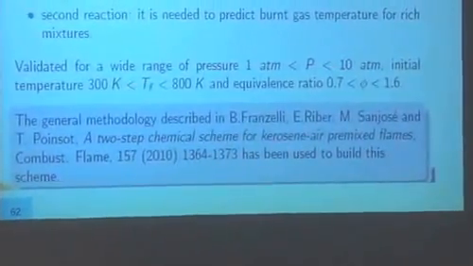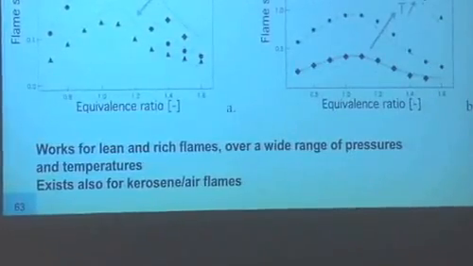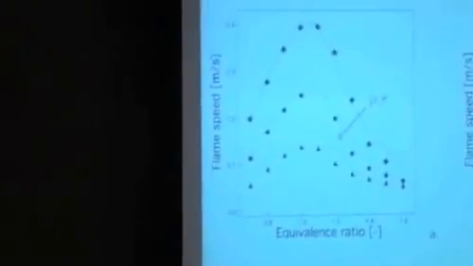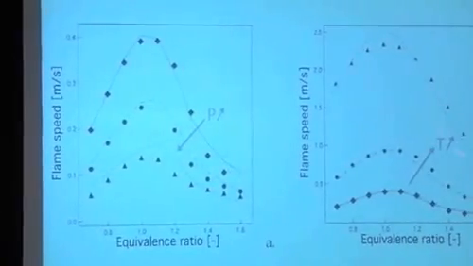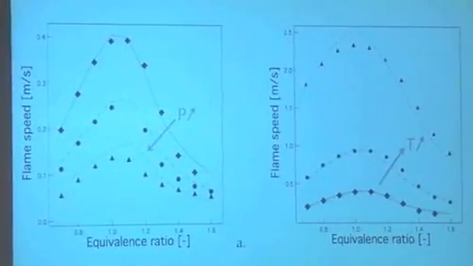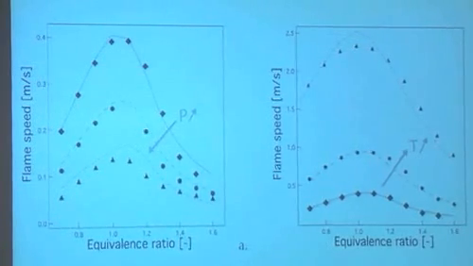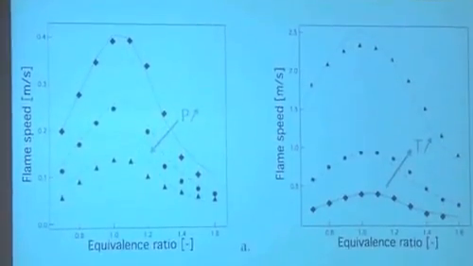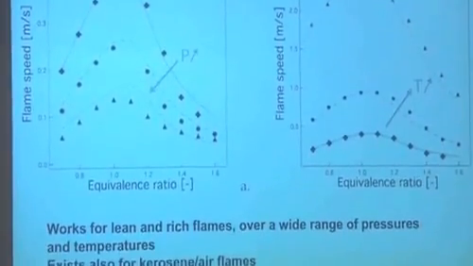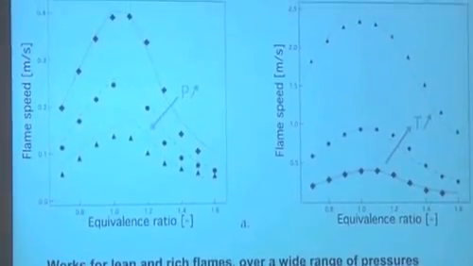So we did that for pressure going from 1 to 10 bar, temperatures from 300 to 800, that's described in this paper. And you see here that with a very limited effort, you're able to match the flame speed here over a range of pressure and temperature extremely well. At least sufficiently well compared to the precision of the full scheme itself. As I said, the full scheme itself is not that reliable. So that really means that for almost nothing, again, the Fortran lines, it's maybe 10 lines, you're able to incorporate chemistry in your code. And that's an easy way to do things.